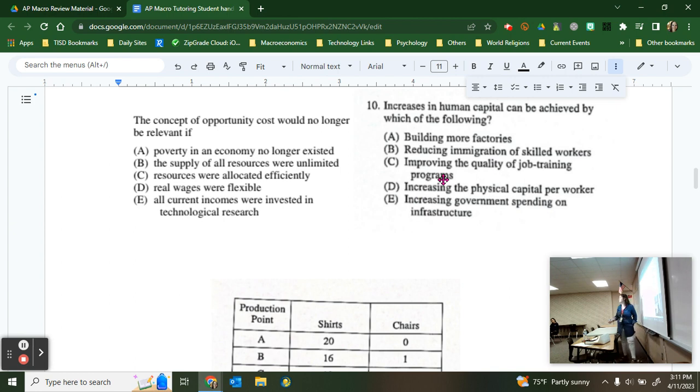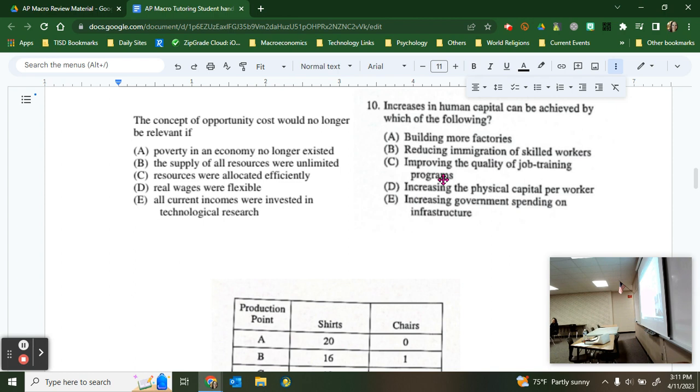Increasing the physical capital per worker is just saying each of you now has to do work on 2 pizza ovens instead of 1 pizza oven per person. So that's not making each person more, maybe it has the potential for them to be more productive, but that's not making them educated. That's just giving them more work to do. Maybe it's like giving 1 person 2 shovels. I can only use 1 shovel.